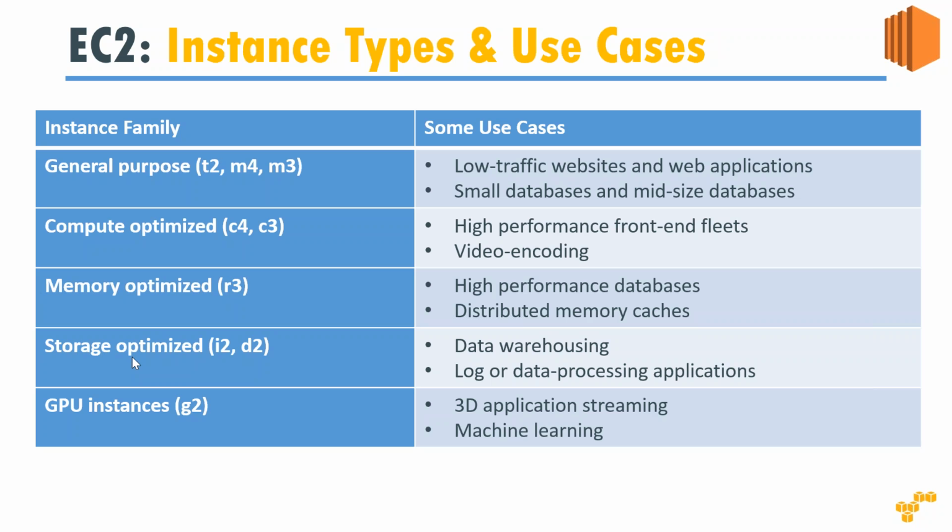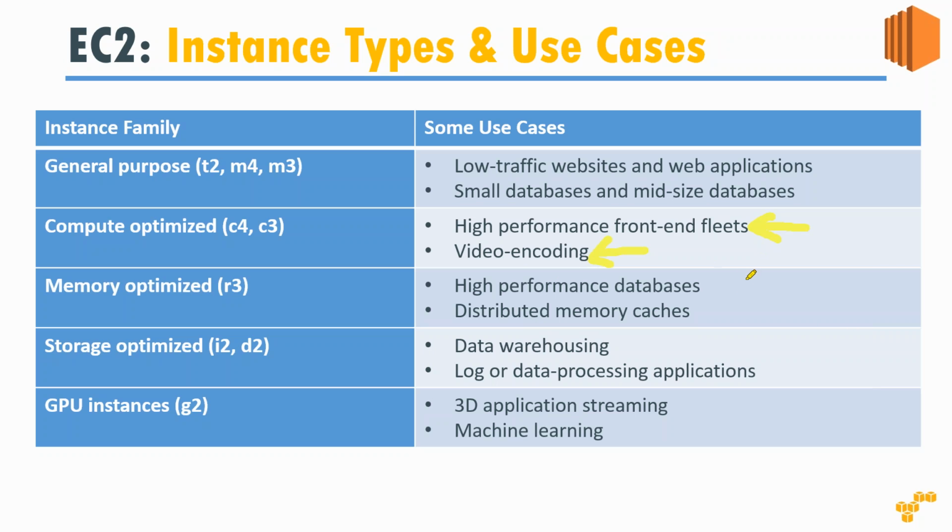So some use cases for when to use what. Say, for example, as I was talking to you, general purpose, that is T2 and M series. When you have low traffic websites, small databases, or mid-range databases, ideally they fall into the T2 use case. And if you want a computationally intensive one like video encoding, which we spoke about, that is here, or a high performance front end. What I mean by front end is a web application layer. If you have a very high performance requirement, saying you want millisecond responses to your client, then you look at